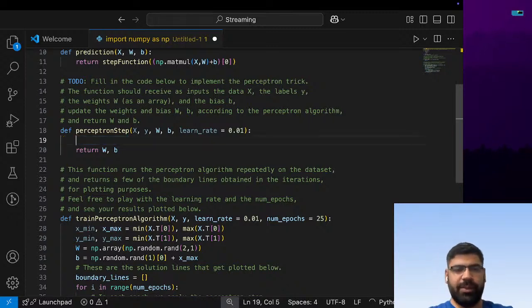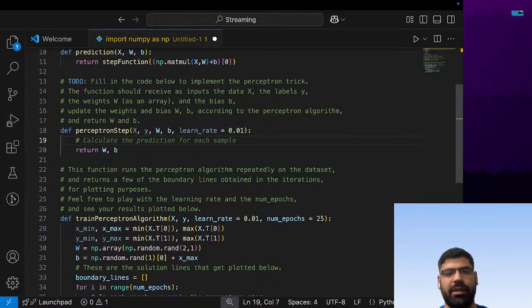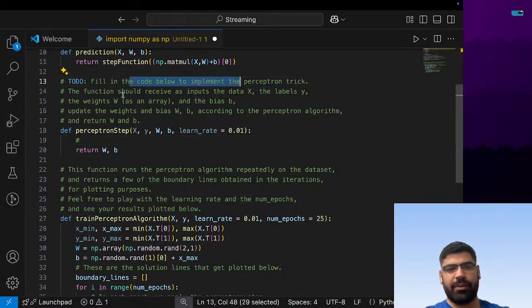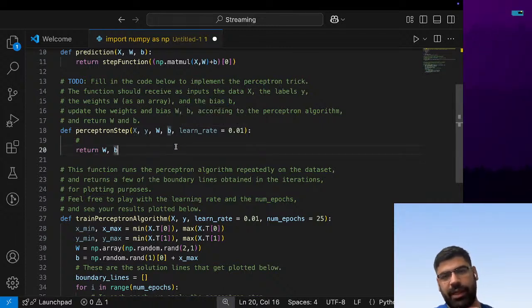So based on our information, x and y, w, b. Fill in the code below to implement the perceptron trick. The function should receive as inputs data x and y, the weight w as an array, and the bias b. W is an array, okay. Update the weights and bias w, b according to the